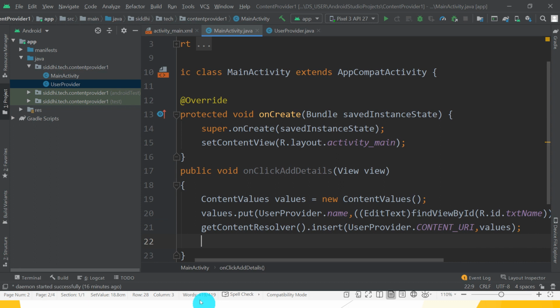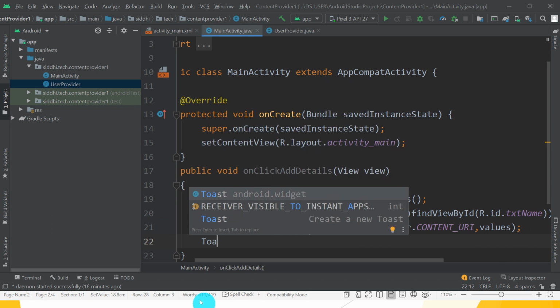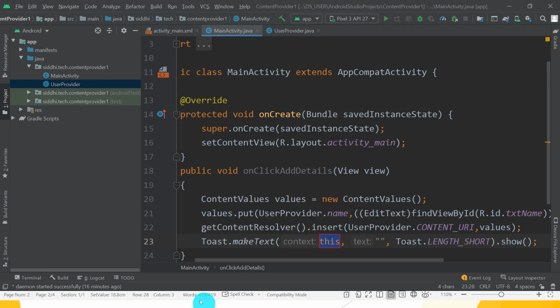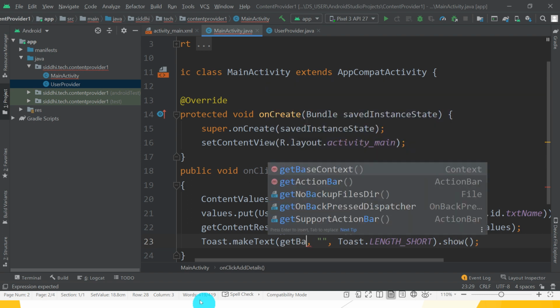Great. After that, Toast dot makeText method, so just write here getBaseContext.